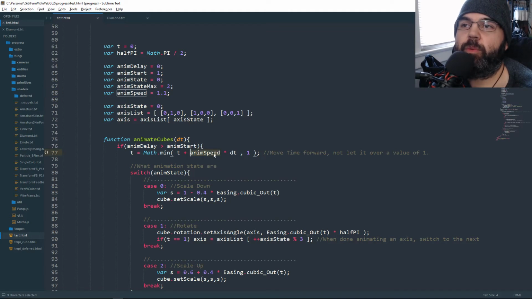So 1 per second, with dt being a fraction of a second, plus t. So I'm just adding to t in this frame. So this frame t is 0, so I'm actually starting my animation. So 0 plus that, and I don't want to go greater than 1, so I cap it at 1. I can't go any higher than 1 because I want to keep t at 1, because the next